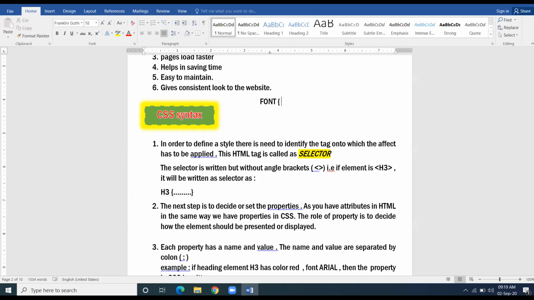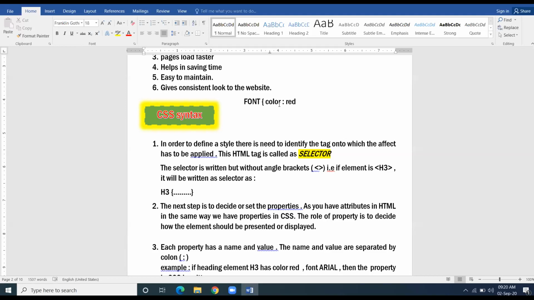Now, take the property. Instead of putting the equal to sign, put the colon. Give the value.